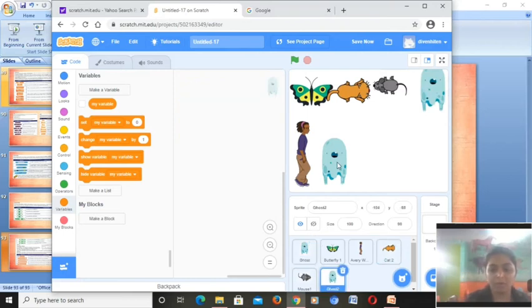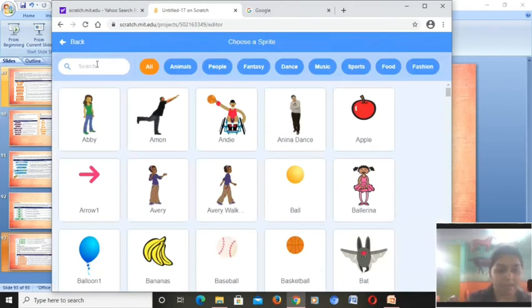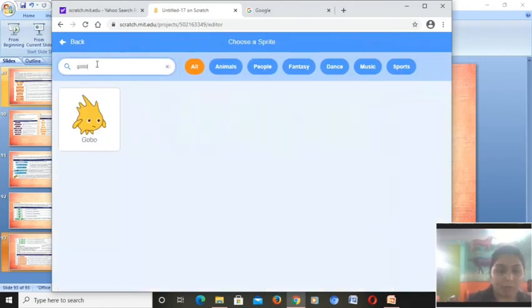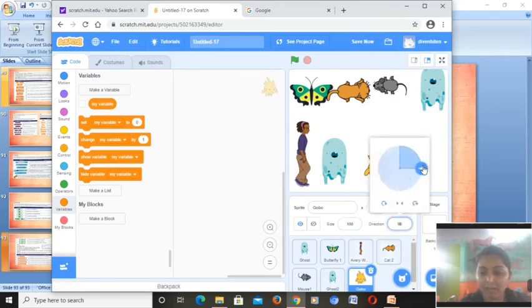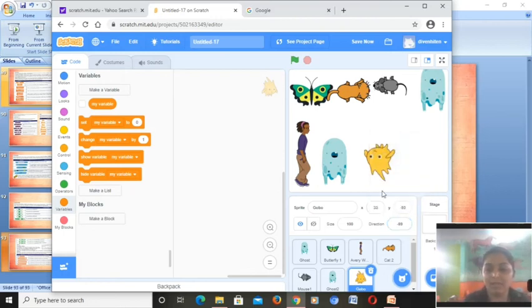Now this is our Ghost 2, and then we have to choose a different sprite which is named Gobo. Now this is a new sprite. Here we are having Gobo. Then what you have to do, see, here is our Gobo. You can change the direction by this. With the help of it, you can change the direction of the Gobo like this. Yeah, now it's perfect. Now they will be sensing with the help of these commands.